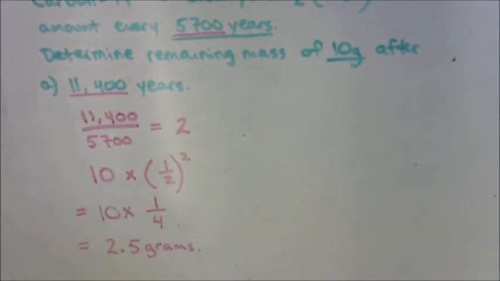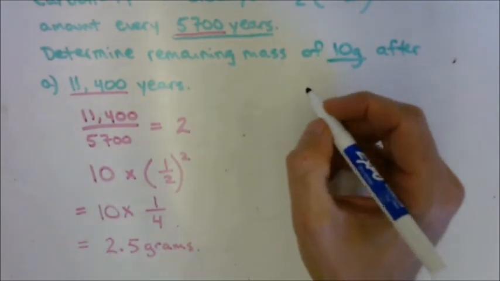Now it seems silly to talk about it that way, but look at it in reverse. If you found a sample of something that had 2.5 grams in it, you could estimate that when it was alive it had 10 grams. Then you could look backwards and say, I know that it must be approximately 11,000 years old. Which is ridiculous, but that's how carbon dating works. Our world is only 6,000. Okay,